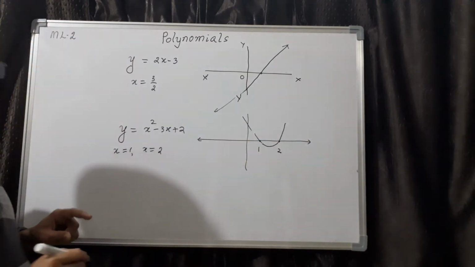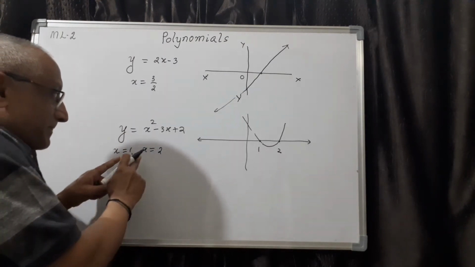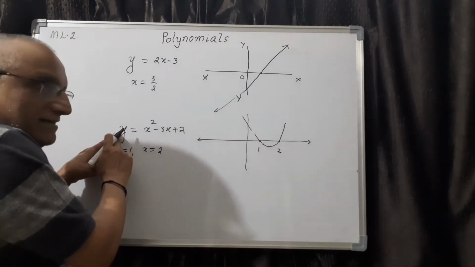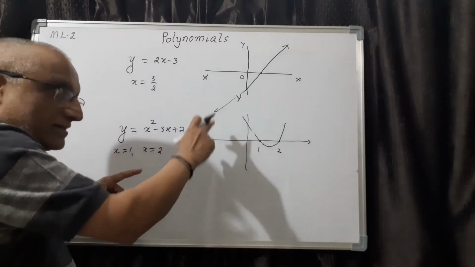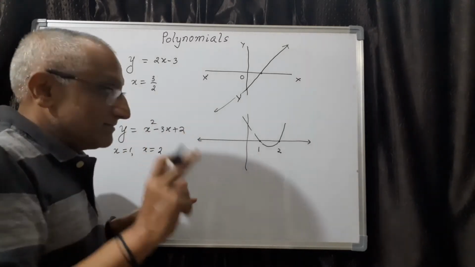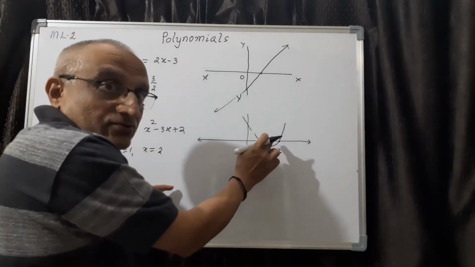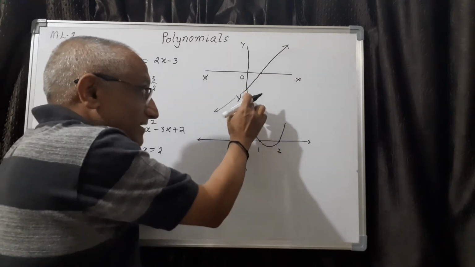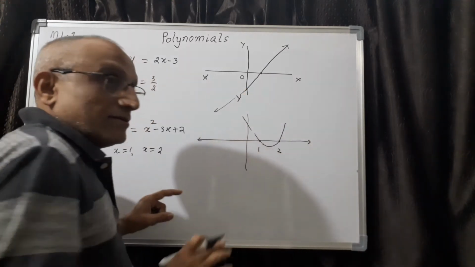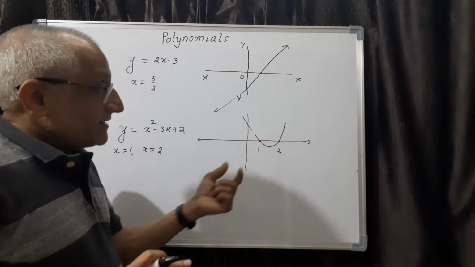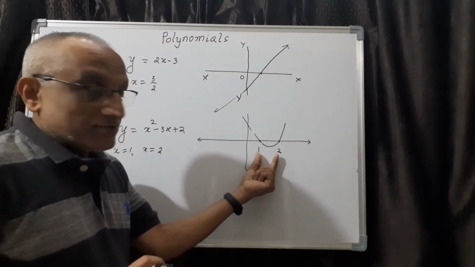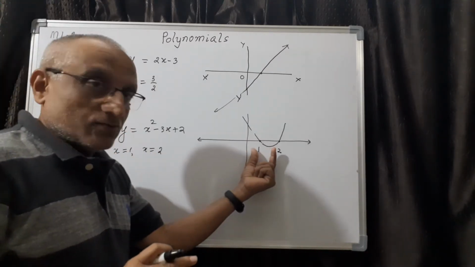What is important here is, once again, when you draw the graph of a second degree equation, it cuts at maximum, because sometimes it can touch also, that I have shown you in the last class, or sometimes it can be above without touching. So at most it cuts at 2 points. So 2 zeros, it can cut at 2 points.